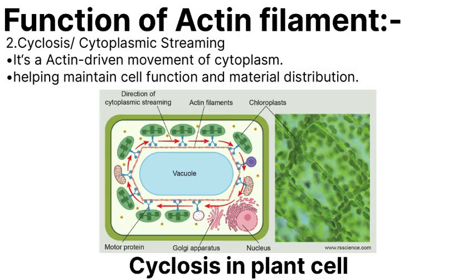But a similar process is still observed to help move the organelles and cytoplasmic content. No doubt the movement is slow and less organized than in plant cells, but they still play a key role in carrying organelles like mitochondria, vesicles, and other cytoplasmic components,